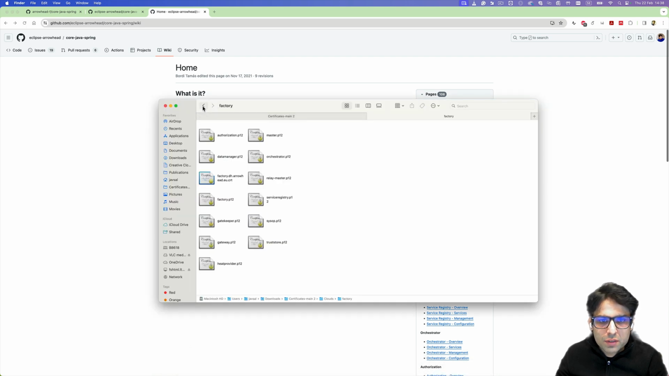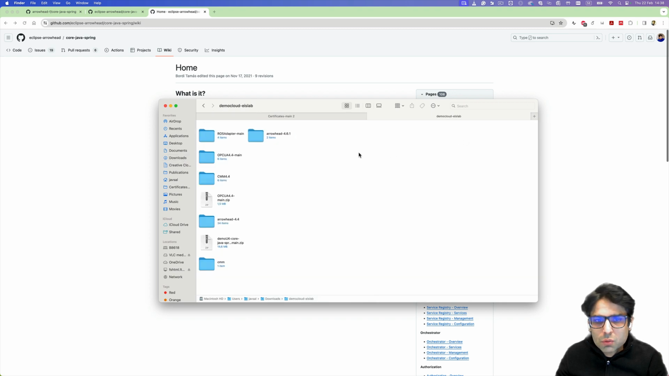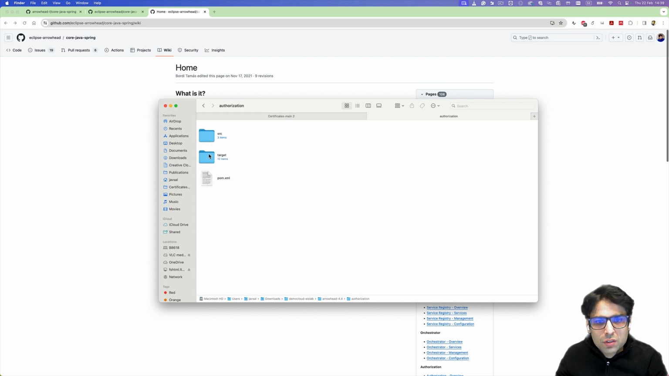We have these certificates over here, which are saved in a folder, and now we can go to a demo local cloud, and I can show you where to save each and every certificate in that local cloud. So let's say we have this Arrowhead 4.6.1. We go to each and every core system which we are using. Let's say if we're using the authorization core system, we go to the authorization core system,